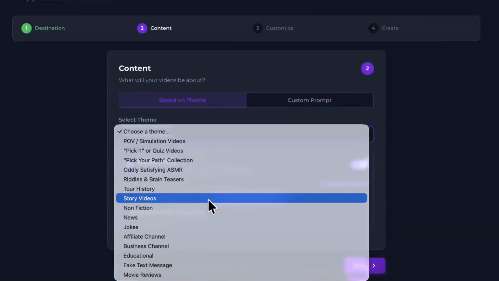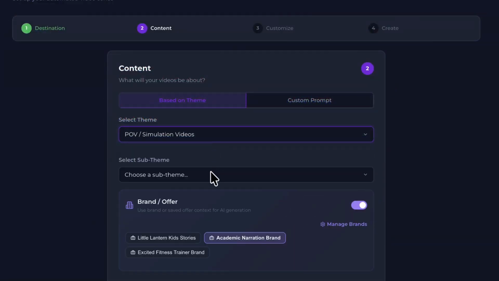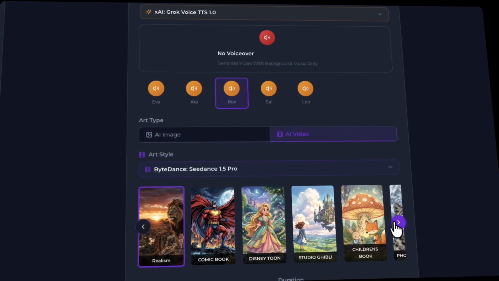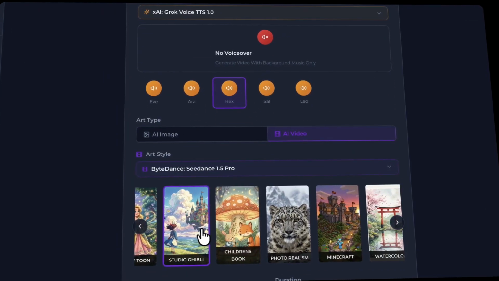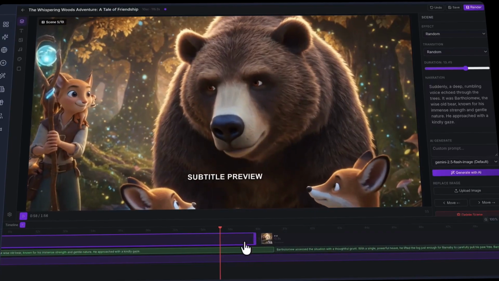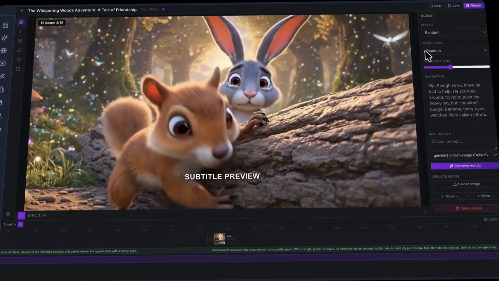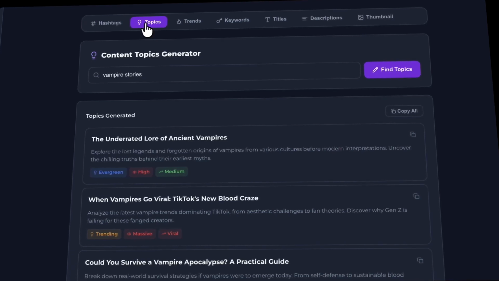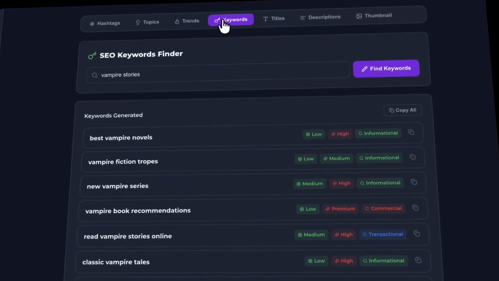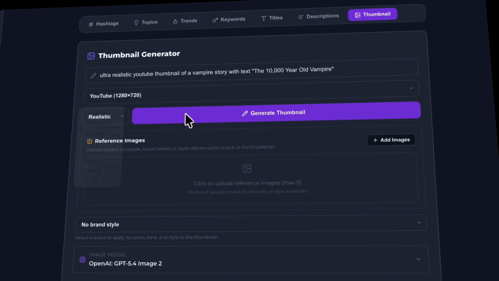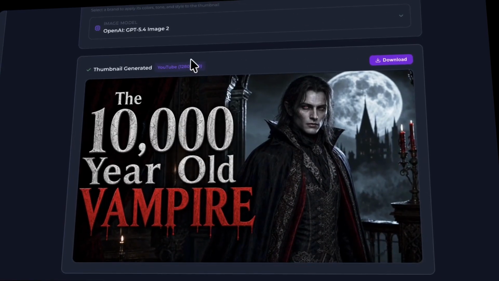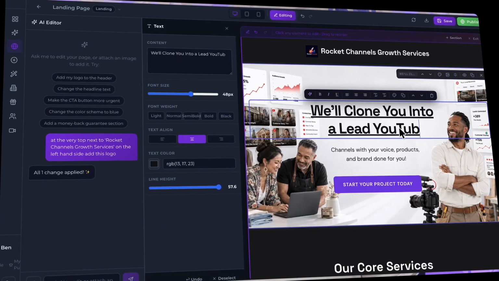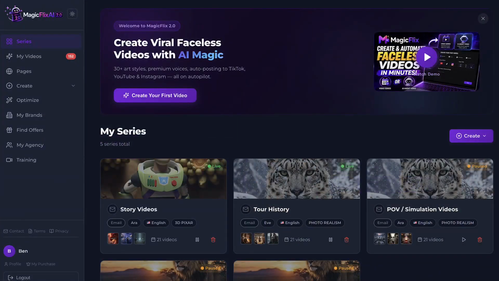But MagicFlixAI 2.0 goes far beyond creating generic AI-generated videos and channels. It builds stunning branded channels in today's most popular niches and content styles, complete with unique identities, monetization opportunities beyond ad revenue, custom products, and long-term growth potential. As you'll see, anyone, regardless of technical experience, can use MagicFlixAI 2.0 to create incredible individual videos or fully automate entire channels designed to attract audiences, generate income, and stand the test of time.